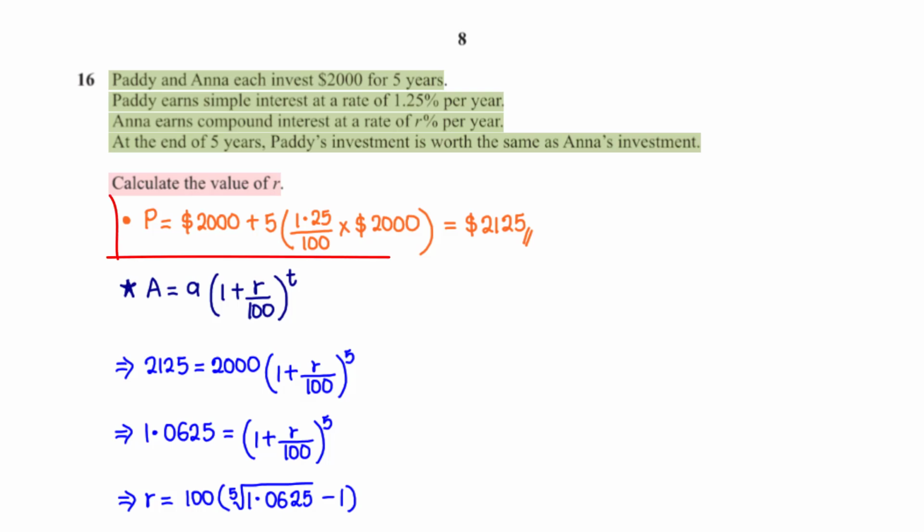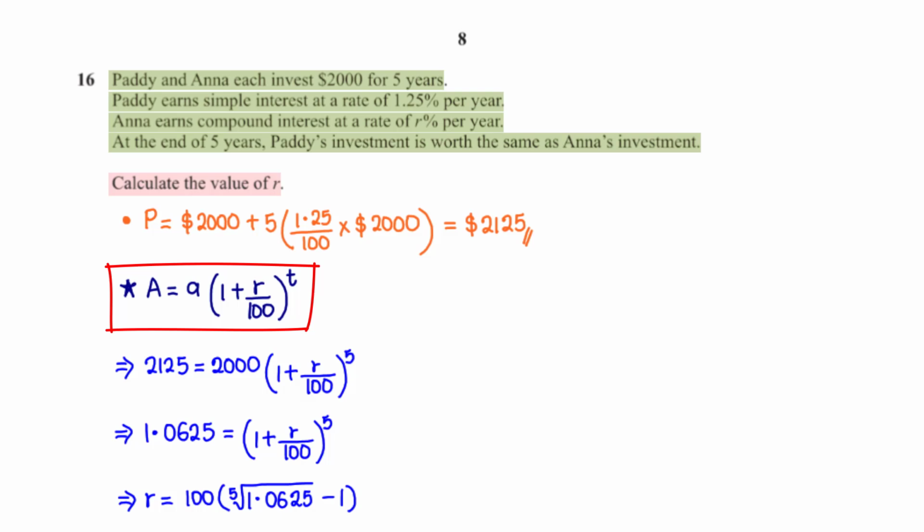This means the value of her investment at the end of 5 years is equal to her principal, which is $2,000, plus the total interest she earns, which is 5 times 1.25 over 100 times $2,000. This gives us $2,125. Anna earns compound interest on her principal, so we need to apply the compound interest formula to find the